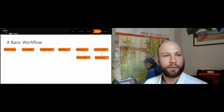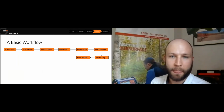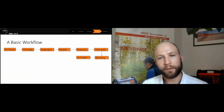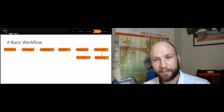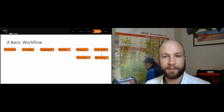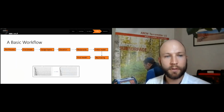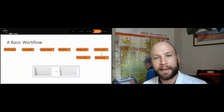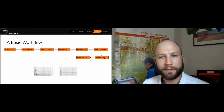So here's an example of a basic workflow for seismic refraction processing. And the aim, as you put your workflow together, is to set out a repeatable and reliable procedure for turning your raw shot records into final velocity sections. So the first stage, the pre-process, this is where we undertake quality control of shot records and we filter them